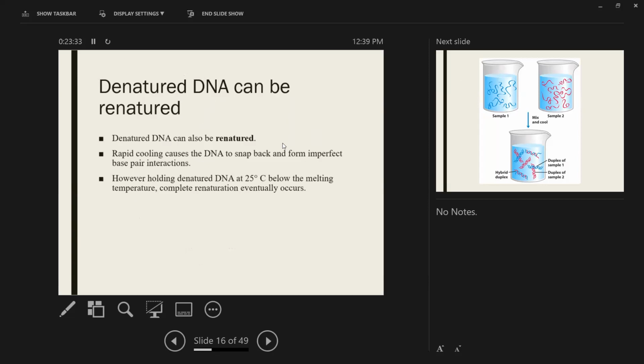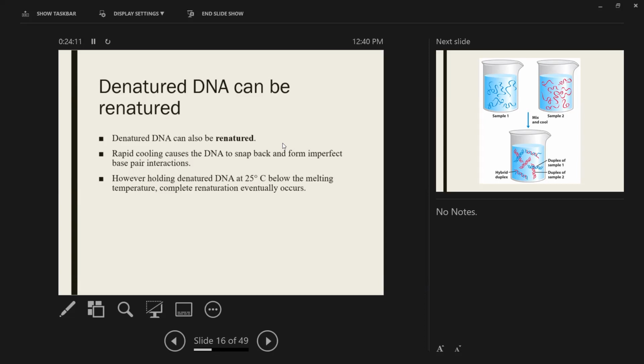So the denatured DNA, if you let it cool, it will renature. If you cool it really rapidly, if you put it on ice, then the DNA will find areas that it can just find homology with very quickly. Those are called snapback structures. They have lots and lots of single-stranded DNA. We used to do that all the time for probes. If you made a radioactive probe, you wanted lots of single-stranded bits. You made it, melted it, and then cooled it really fast, and then used that.